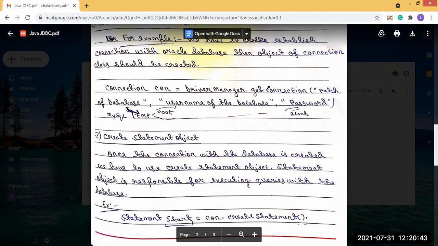So as an example, we have created the statement. This is the class name. The Statement class object we have created is stmt, equal to con. Now, this con is the Connection class object.